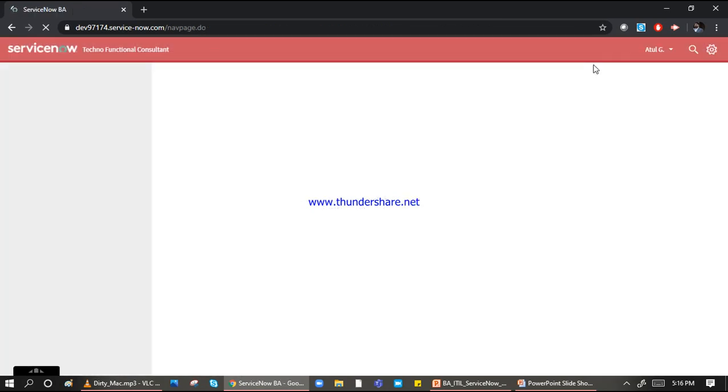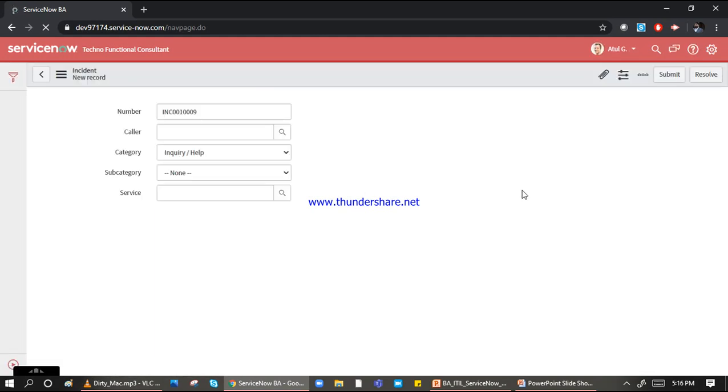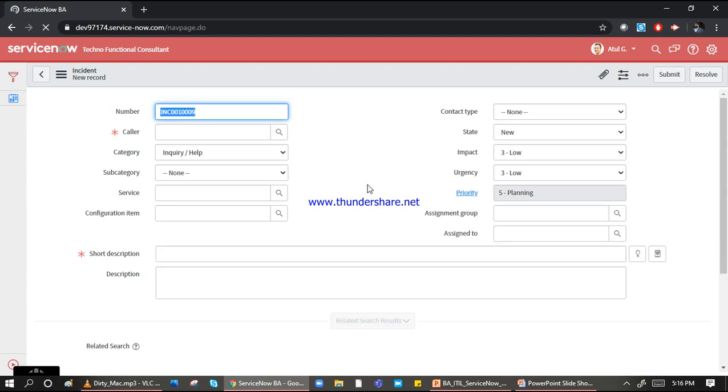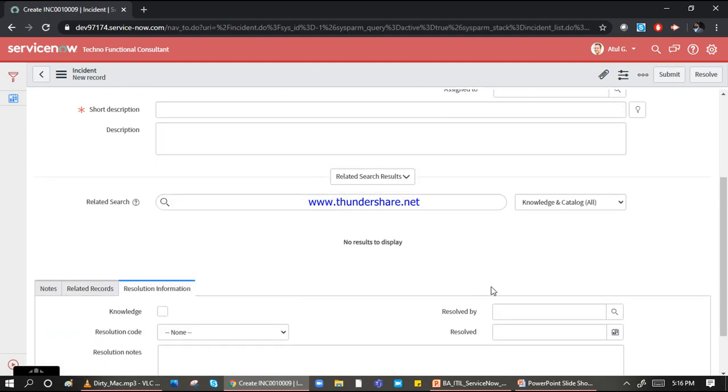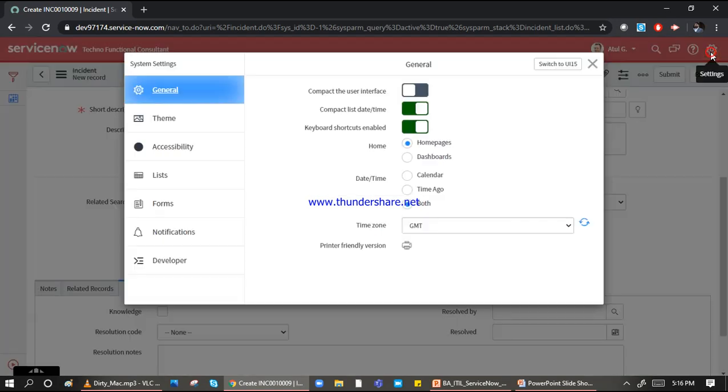So now if I click here, you will not be able to see that particular option. So again, this is completely personalized. I want to understand how my data is going to be saved. So now you can see an option is available here. Okay, so this is part of the accessibility.